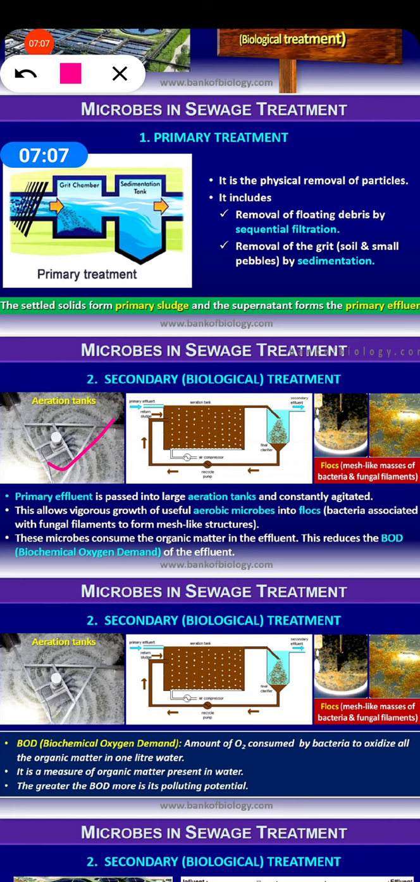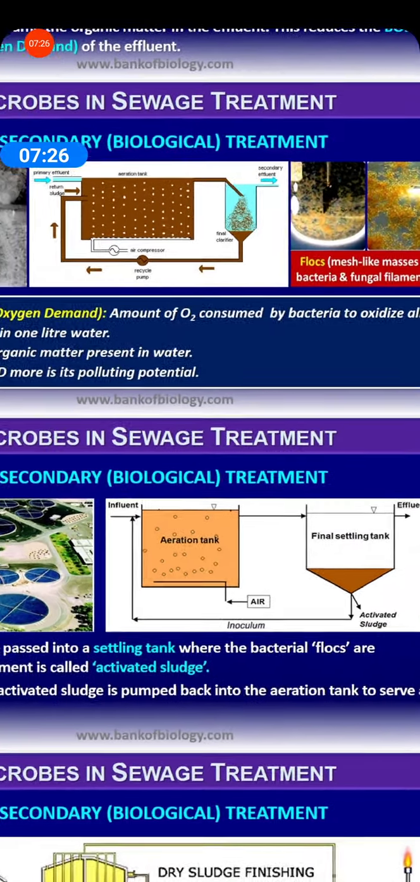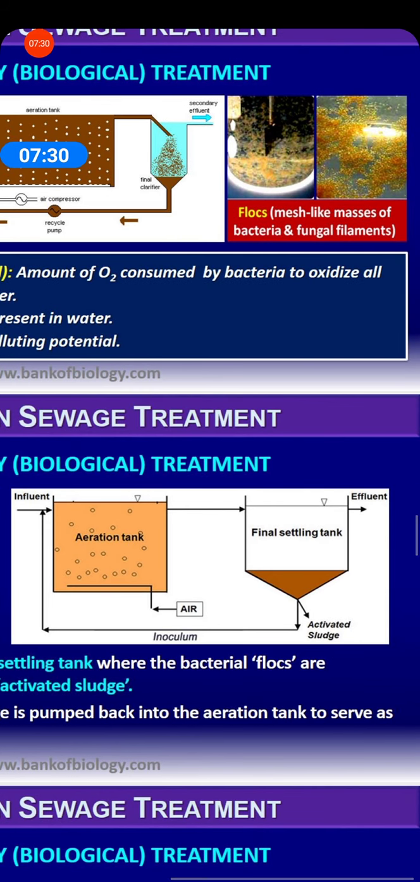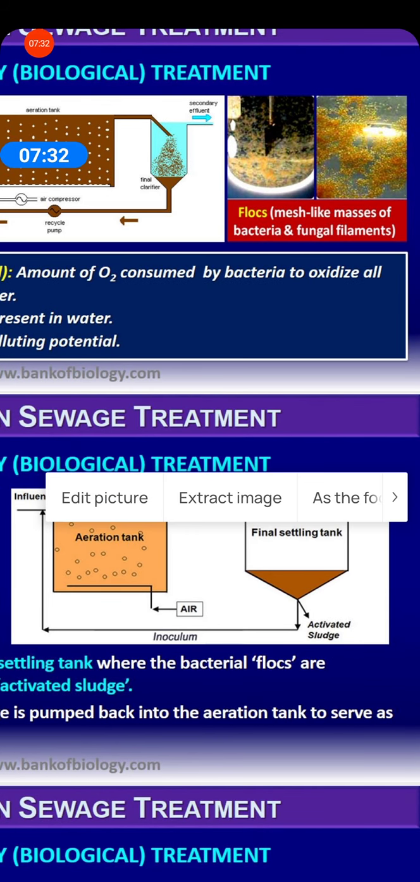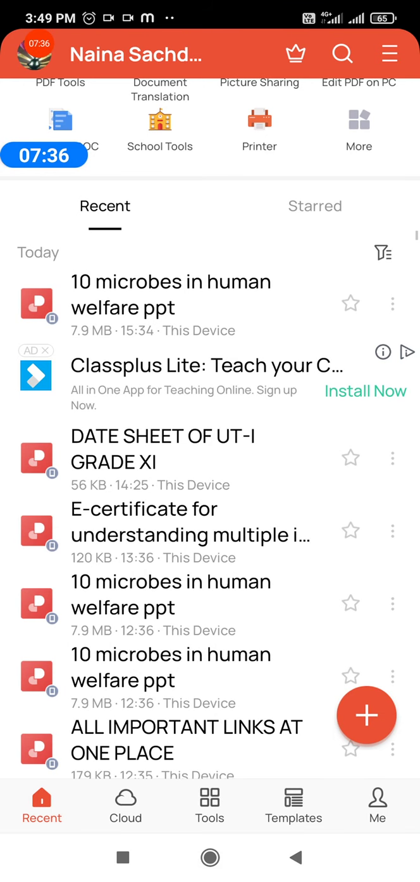So when BOD gets reduced, then what happens? The effluent is passed into a settling tank. Here the bacterial flocs settle down, they get sedimented, and then they form activated sludge. Look here, this is the aeration tank, and now the bacteria have settled down, and when they get settled down, then it is called the